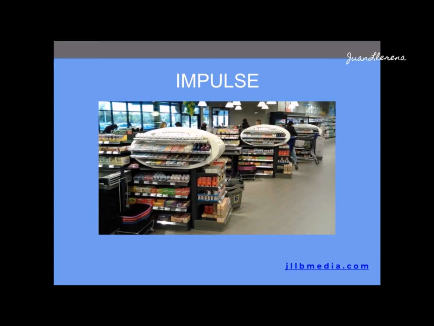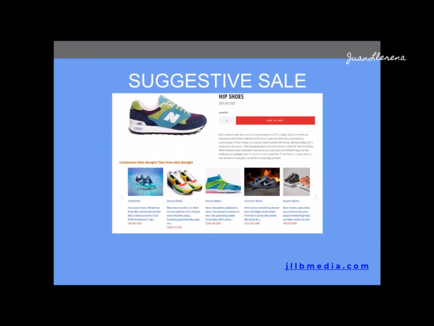How can you do this with online marketing? Well, you can do suggestive sales. Maybe you will be interested, if you buy an item, or you're looking at an item before you add it, or you just add it, then it will tell you. And Amazon is a great example of that too. Customers who bought this also bought that, or also when they're doing cross merchandising. So for instance, if you buy a camera, you might be interested also in buying the memory stick and the carry-on case and the tripod, and things like that. If you're buying the TV, you might want to buy the projector and the DVD player.